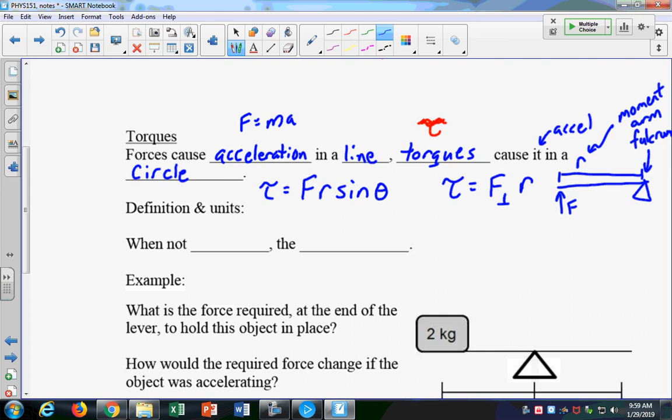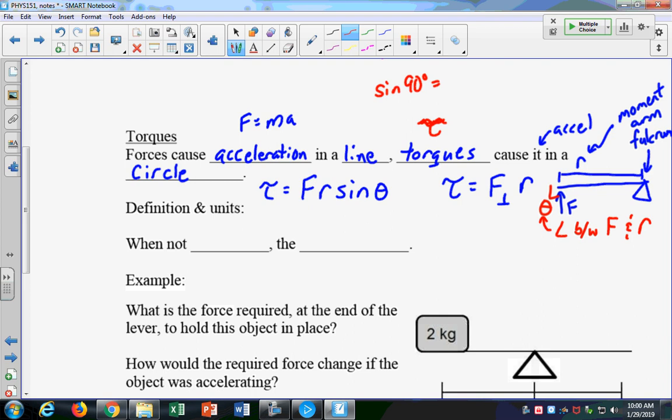Okay? Now the whole sine theta comes in. Theta, we won't spend long on this, but I just want you to understand, because it does come up a little bit later when we talk about the deltoid. Theta is this angle. Theta is the angle between the force and the moment arm. That's the symbol for angle, between F and the moment arm R. You get maximum torque if that's equal to 90 degrees. And in fact, the sine of 90 degrees,